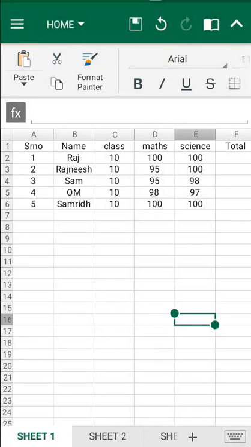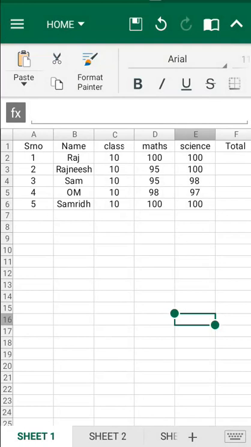So in Excel, two things are important. One is the table and the other is rows and columns, where you are entering the information. A field is an individual field, and a record is the entire record of that particular individual which you are entering. So a row contains the record and a column contains the field. Here is the formatting toolbar.